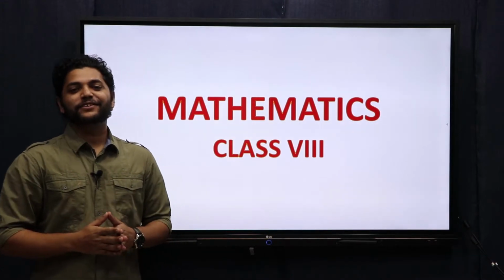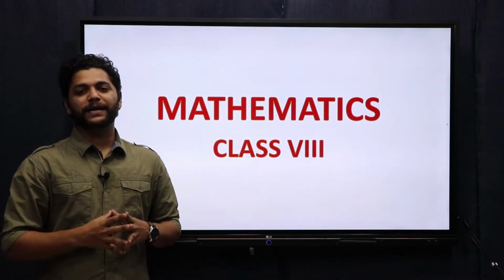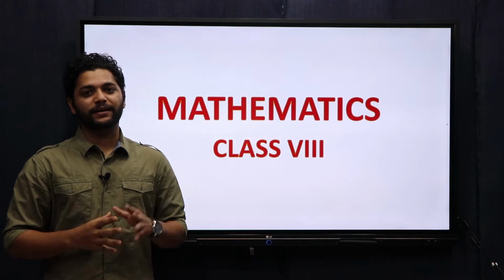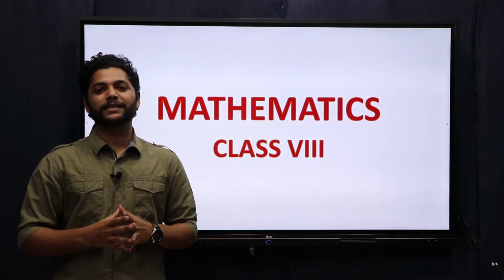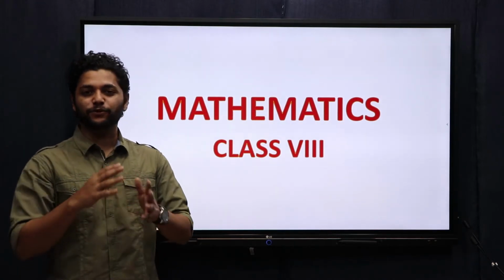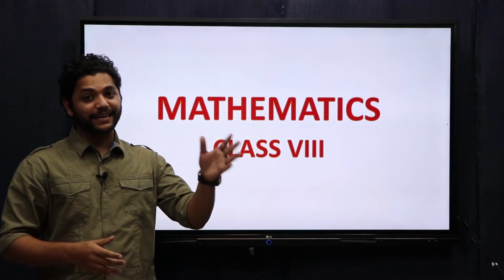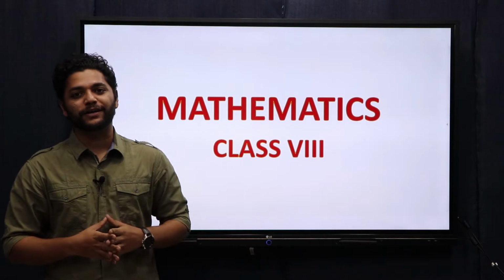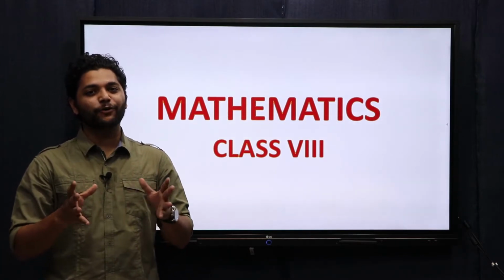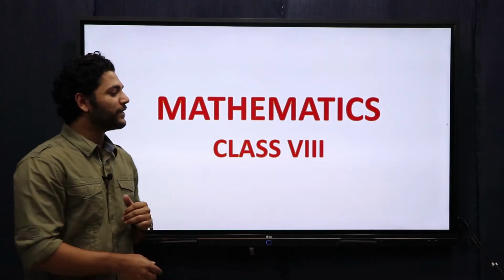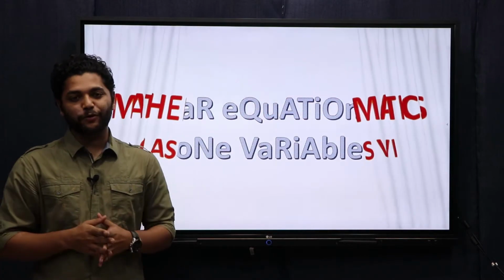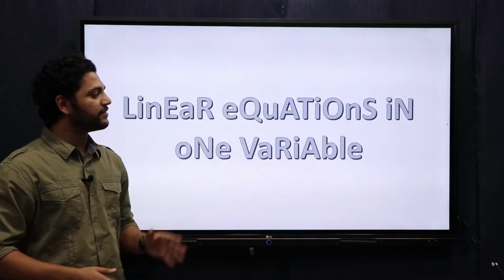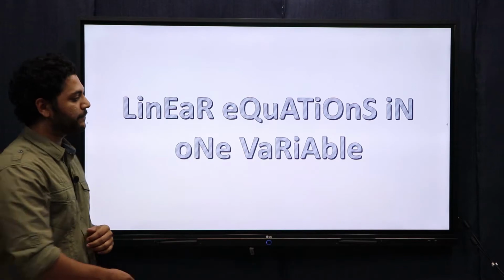Hello everyone. I'm sure you might have seen magic tricks where a magician asks you to think of a number, then multiply it with something, add, and do some mathematical operations and tell him the result. And then finally he gives you the number that you initially thought. Well, you might have wondered how he does that, right? The answer to that is through linear equations, and today's topic of discussion is linear equations in one variable.